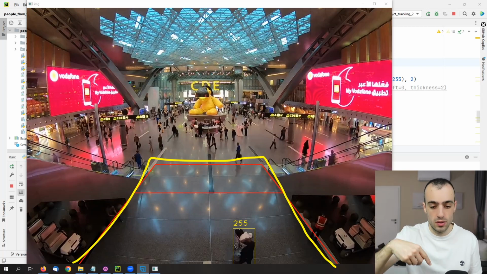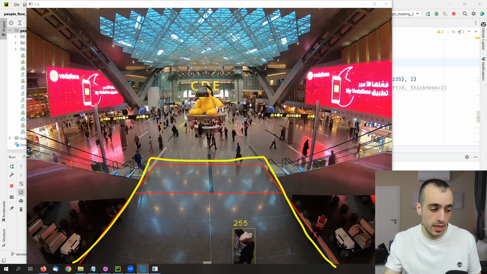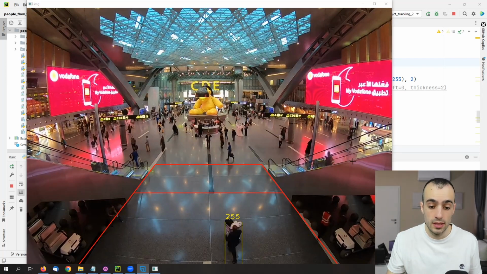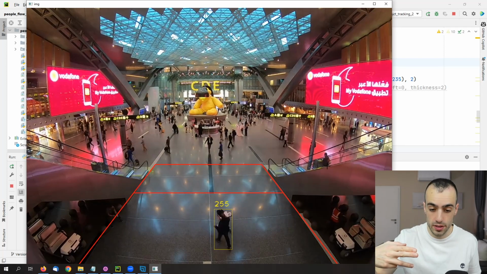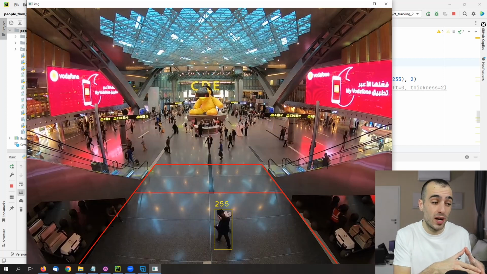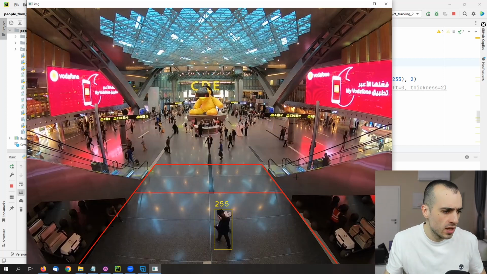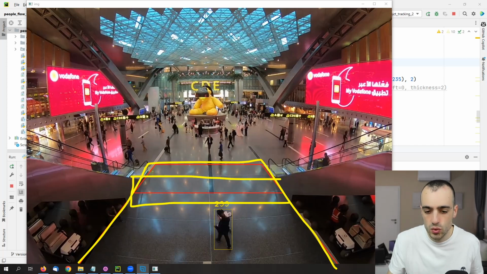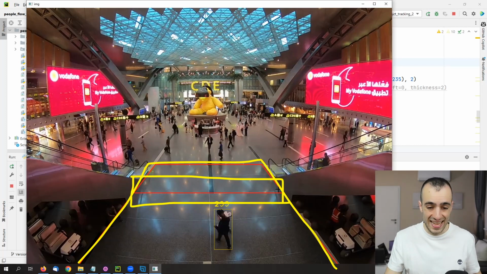To this specific person, the ID 255 was associated. And of course, if the tracking is working well, this ID should stay with the person. How long should this stay with the person? As long as the person is inside the region of interest. You can see that I have a full region, but I also have another line where the person is crossing. This line is just the center of a region where I'm counting the specific person. So once the person enters